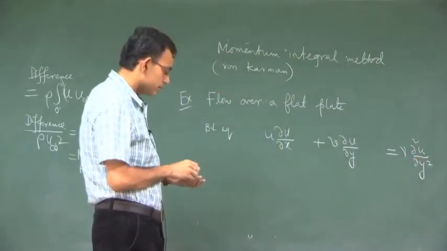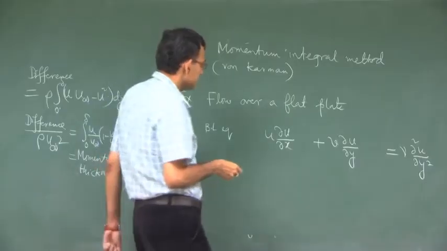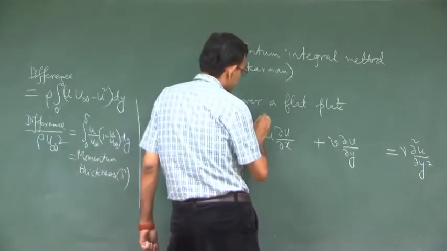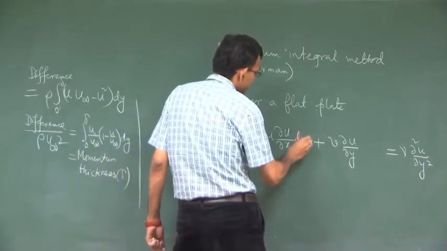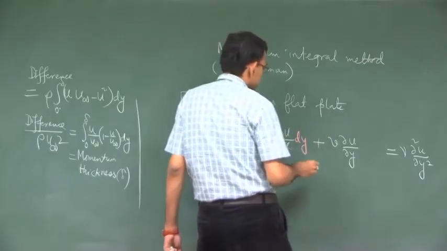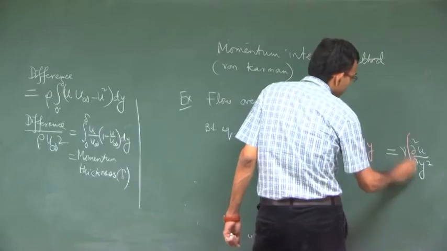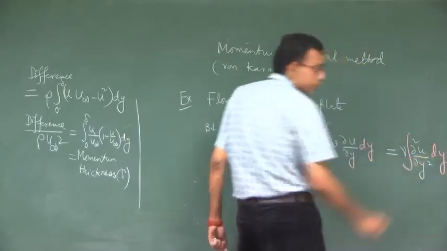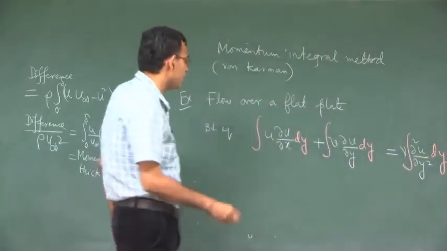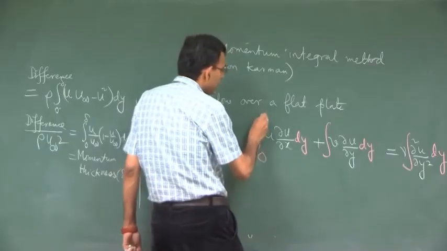Okay. So, what we are doing is we are integrating the equation with respect to y from y equal to 0 to y equal to delta,